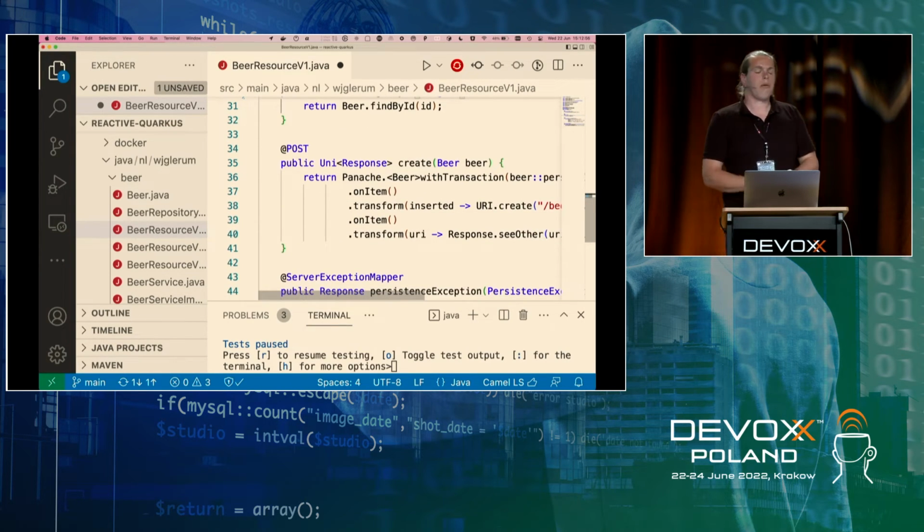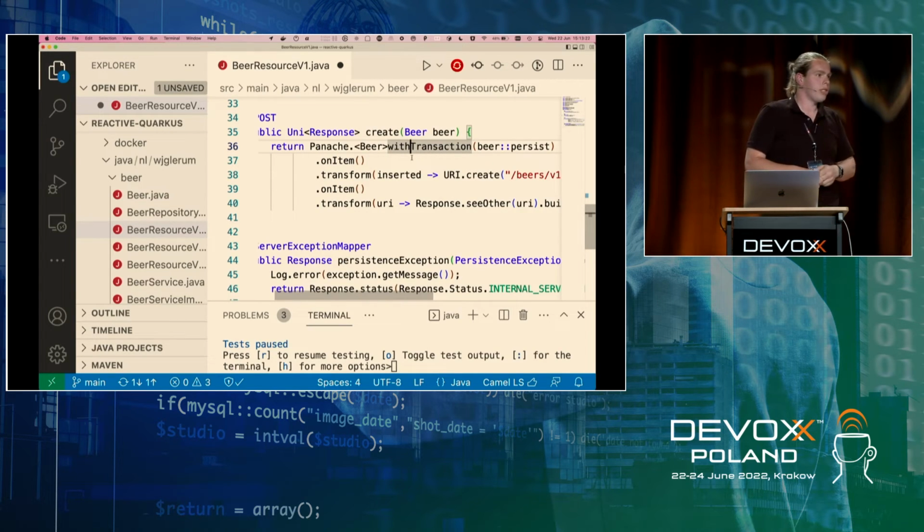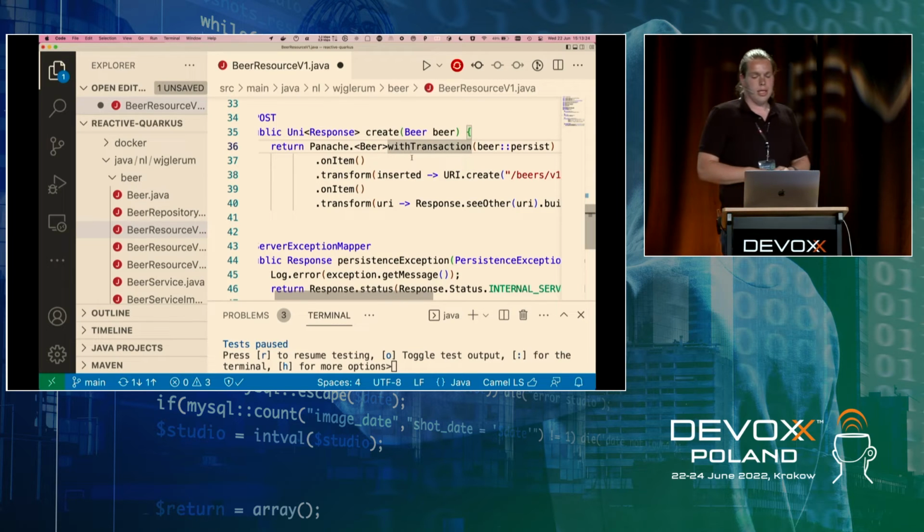Now comes when we want to create a beer, that becomes a bit more difficult. Normally you would say we need this @POST annotation and a @Transactional annotation to actually store it in the database. But now we need some help from Panache to say, I want to do something with a beer and do that with a transaction as well. And this is where you see that reactive programming gets a bit more complicated. Normally you would just stick on a @Transactional annotation and it would just work. In this case, we need to define this pipeline, saying I need to do this with a transaction.